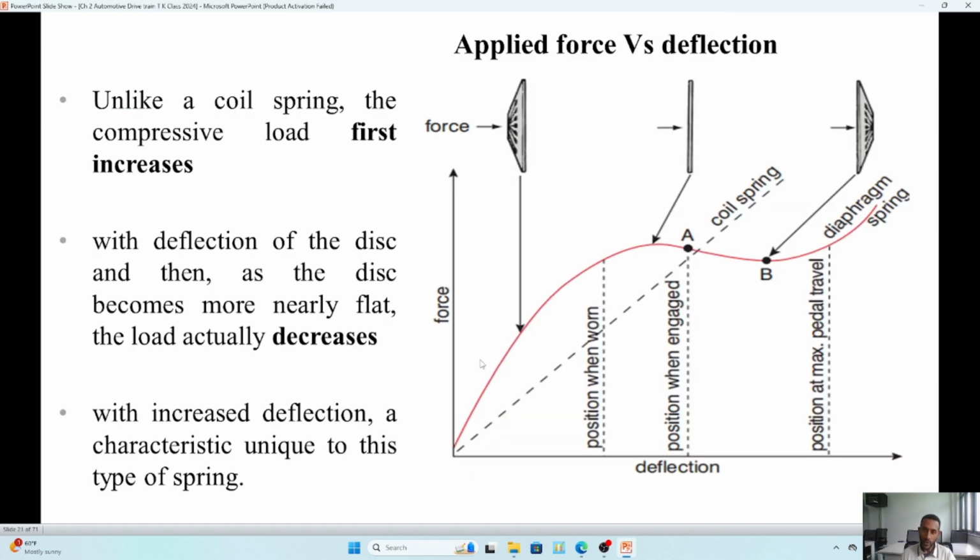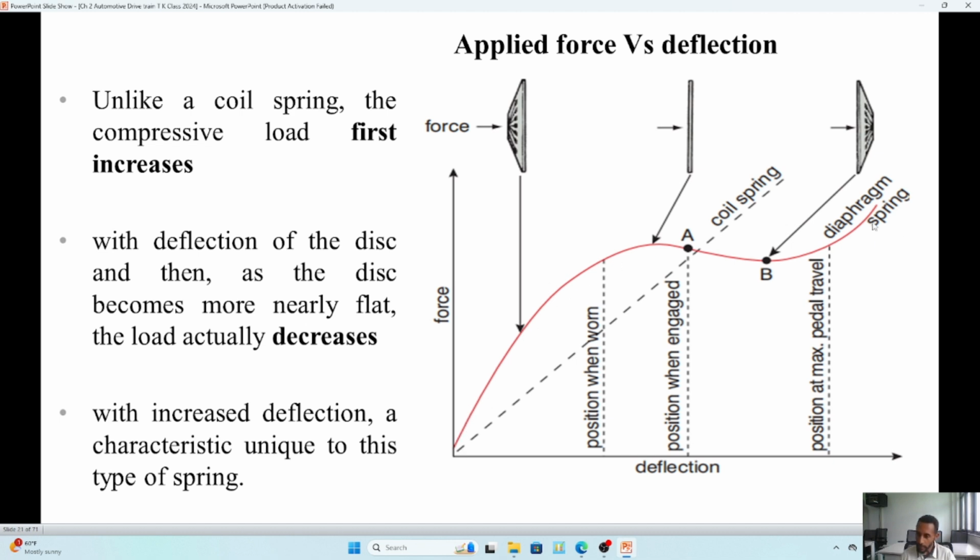And if we see the applied force versus deflection for the two types of pressure plate assembly, this one is the force and this one is the deflection. If you see the force and deflection graph, this red graph shows you the diaphragm spring at different conditions: position when worn pressure plate, worn friction disc, position when fully engaged, position at maximum pedal travel. If you see here